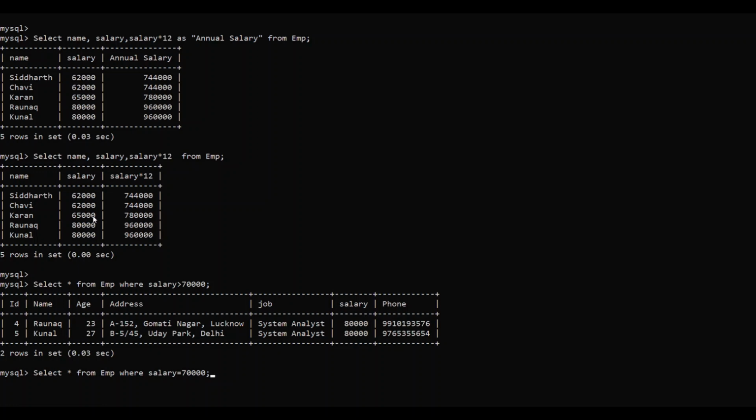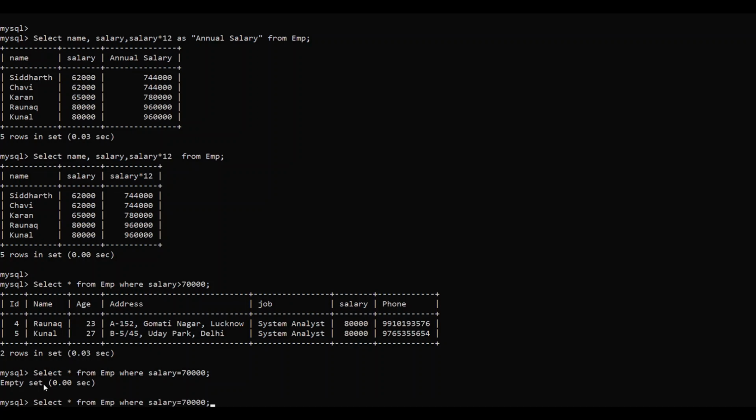Students, यहाँ आपको ध्यान ये रखना है कि जब आप where clause use कर रहे हैं, तो first of all you have to use the column name that you want to compare, followed by the operator less than, equal to, greater than equal to, not equal to, and then followed by the value. Like अगर मैंने यहाँ पे equal to 70,000 लिखा, तो I can see in my table I do not have any of the records where salary is exactly 70,000. So that is why MySQL returns me an empty set.